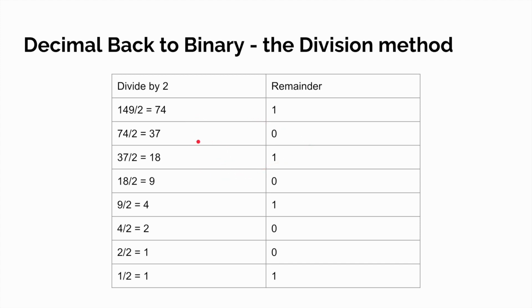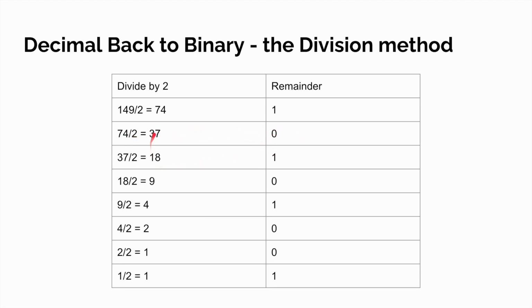So we're dividing by 2. We're converting to binary, which is base 2, so we're dividing by 2. Okay, so 149 divided by 2 is 74 remainder 1. So write down the remainder. Draw up this table and write the remainder on the right hand side there. Then take the 74, bring it down, divide it by 2 is 37, no remainder there, so write down your